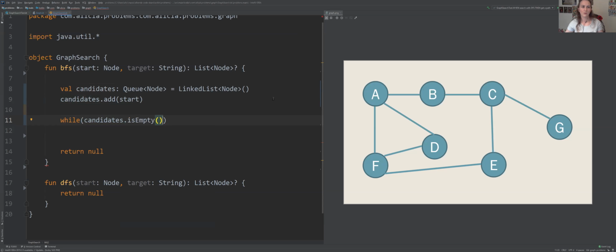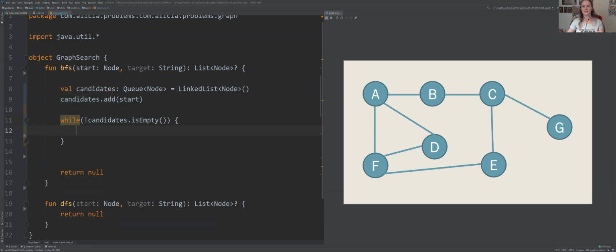Is empty. Well, we still have candidates. We're going to determine which other candidates we should be looking at. So if I'm at a node, if I'm at A,